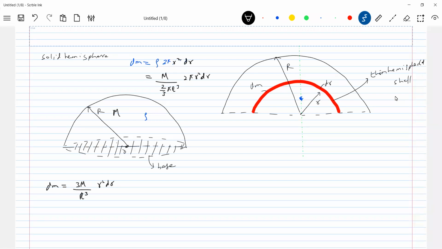So we know mass here. Can we now define the center of mass of the system? dm we know. The center of mass of the shell will be at a distance r by 2. I'll take out this capital R. Center of mass of what? Of the hemispherical shell. We have to calculate the center of mass of this solid hemisphere. So where does it lie? We have to locate its center of mass.